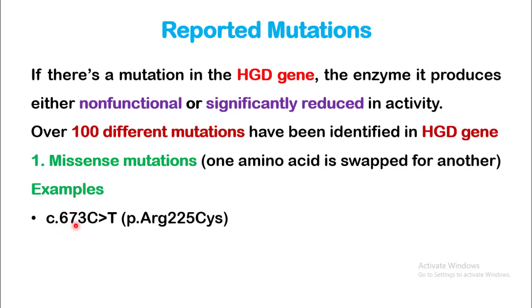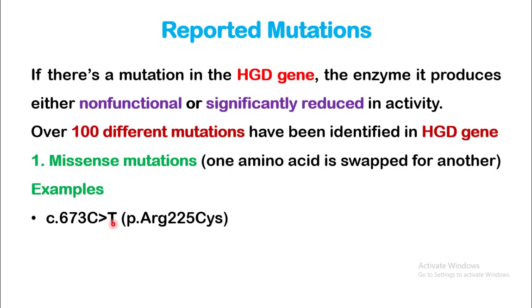This 673 is going to show you the nucleotides where there are mutations. So if you read this particular one, you can say that in the coding area of this particular gene at position number 673, normally there is a cytosine nucleotide, and now that has been replaced by a thymine nucleotide. So this is what this